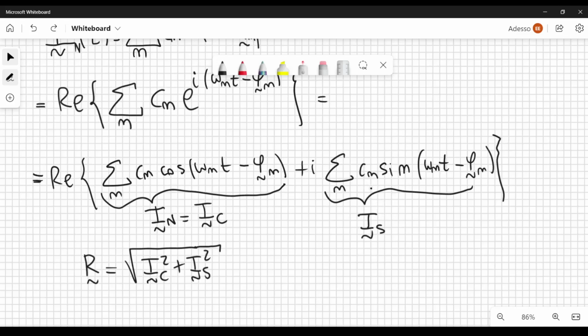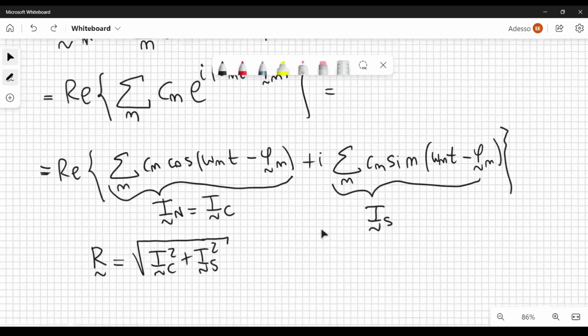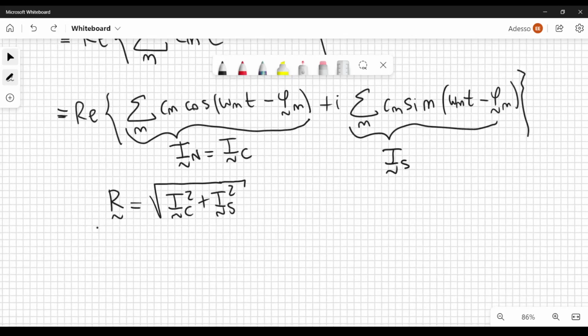So the standard deviation will be the square root of the variance. And now let's do one step at a time. So let's not rush things. And now I want to show you why R is the envelope. In particular, we can rewrite our signal I sub n